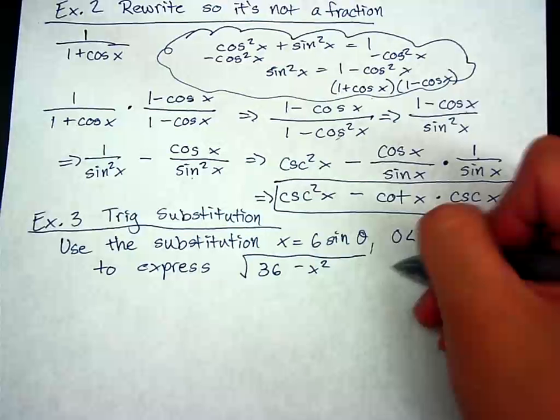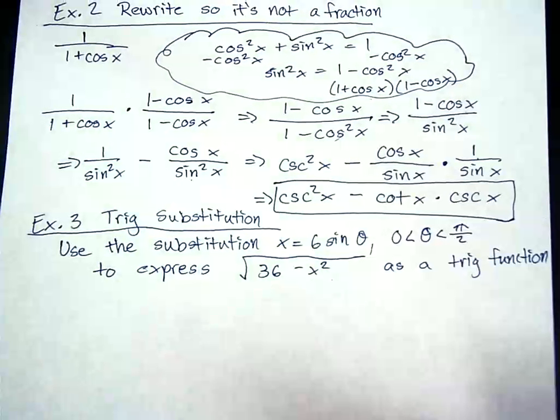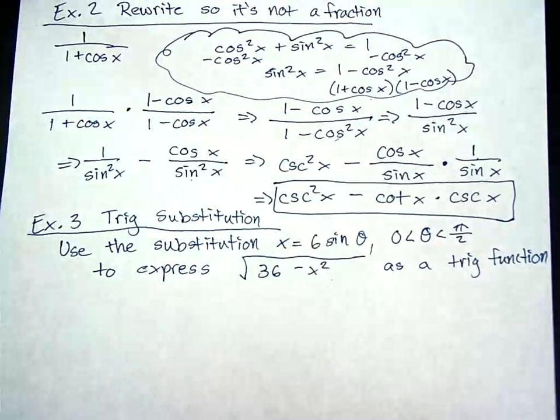In other words, I want to change this whole radical, square root of 36 minus x squared, into a trig function using one of my 6 trig identities. And the way we're going to do that is by substituting in this x value. So the method of doing it is actually not too bad. It's pretty simple, but why we're doing it, I'll explain afterwards. So I'm going to plug this in